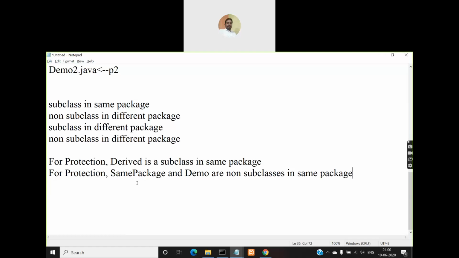So for the same protection class, if you take the two remaining classes in the package, that is same package and demo, they are all non-subclasses. So they come under the second category.